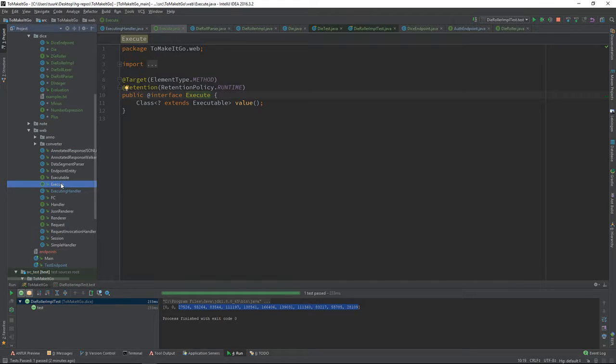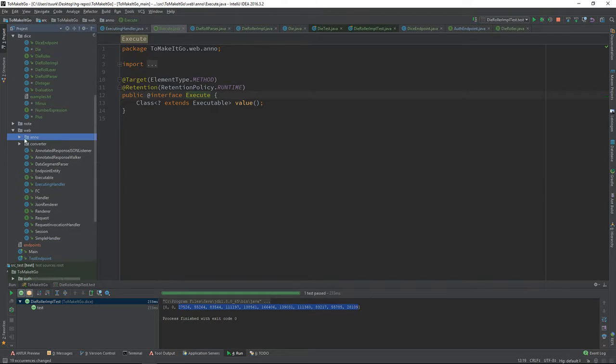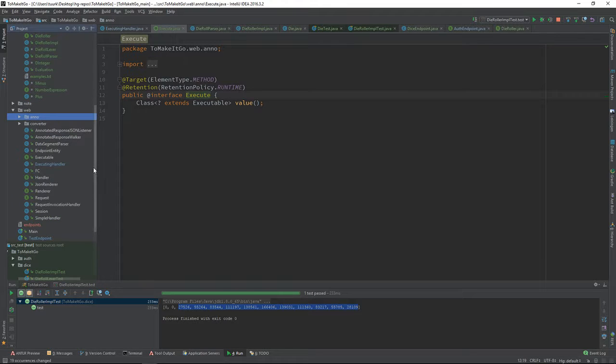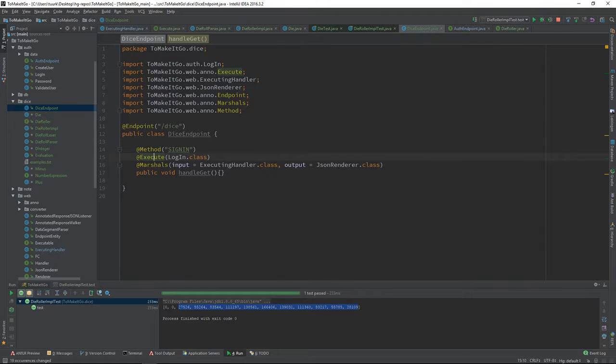All annotations live in Anno. I put them in there because I like them all together. I don't know why I bucketize by type. That doesn't particularly make much sense. I should bucketize by who owns them. But now's not the time. This is just to get